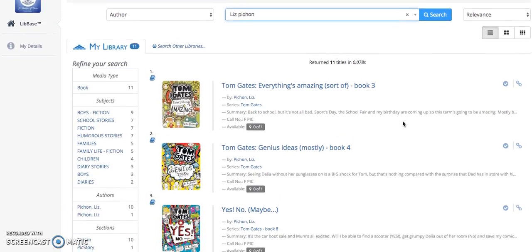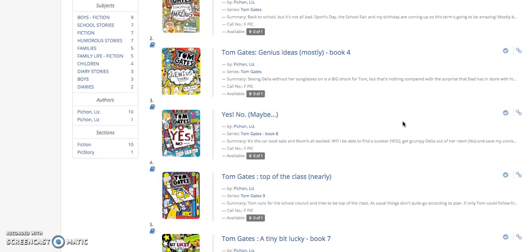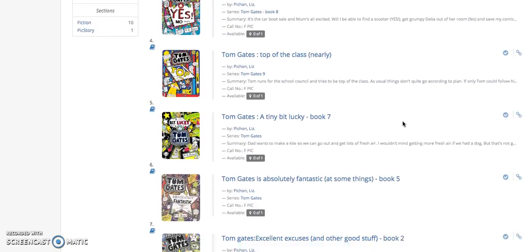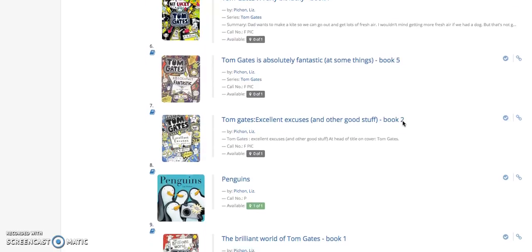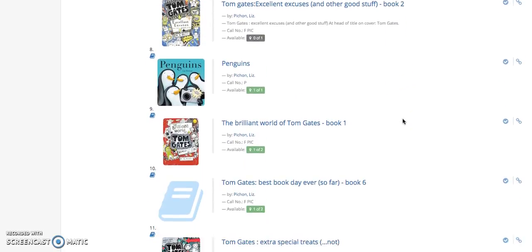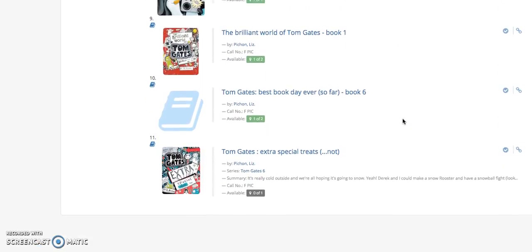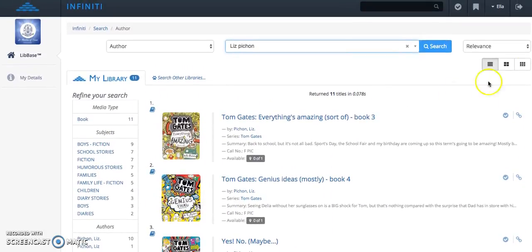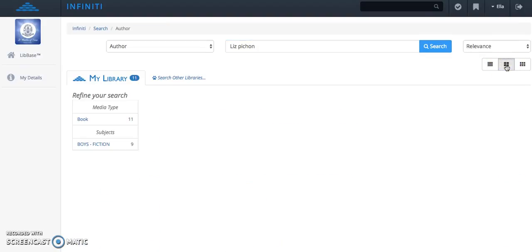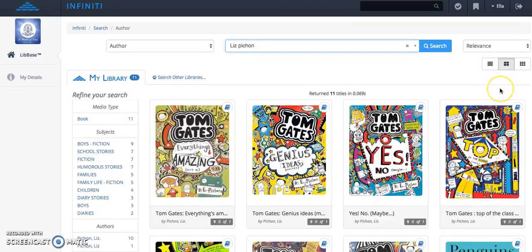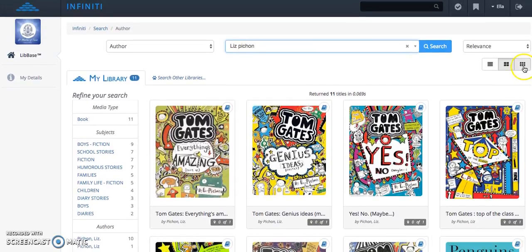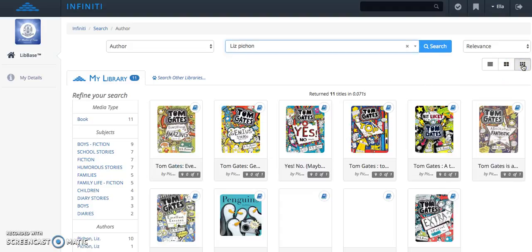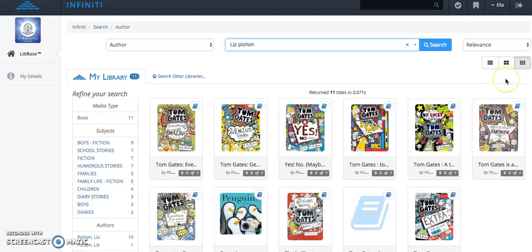Our search here shows us all the books that Liz has written in our library, and you can see that she has also written a picture book as well as the Tom Gates series. You can view the books by scrolling down this way, or you can actually change the view so that you can see more books each time. If there are a lot of books in your search, there are only 11 here at the moment, but sometimes it's easier to see them all at a glance,